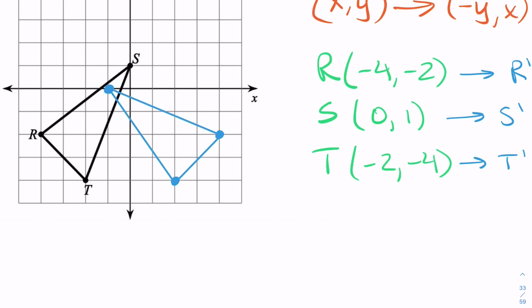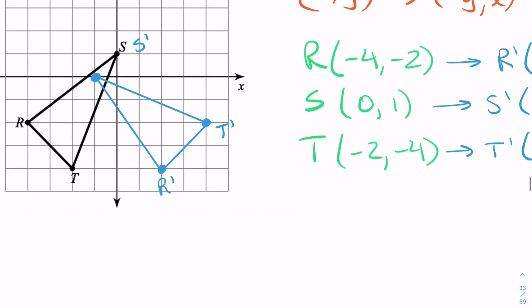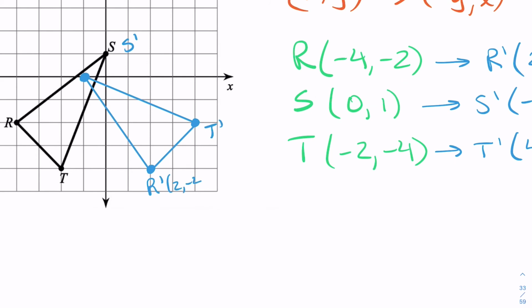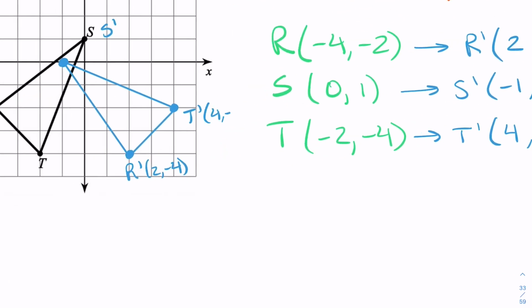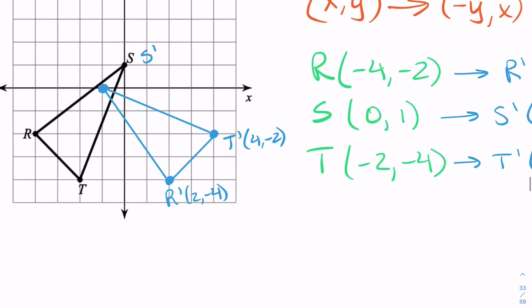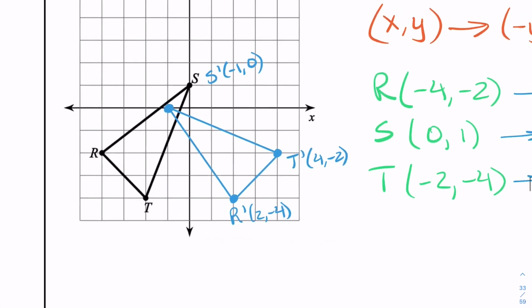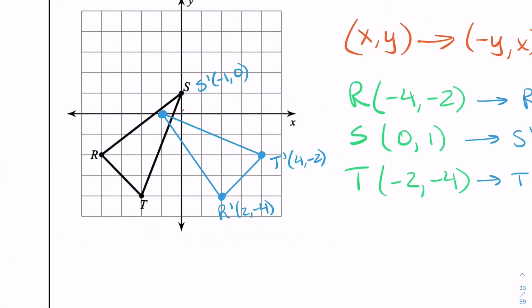So here's my T prime, my R prime, and my S prime. R prime was at 2, negative 4. T prime was at 4, negative 2. And S prime was at negative 1, 0. If you're wondering, they all stay on their circles. So if we make this larger,